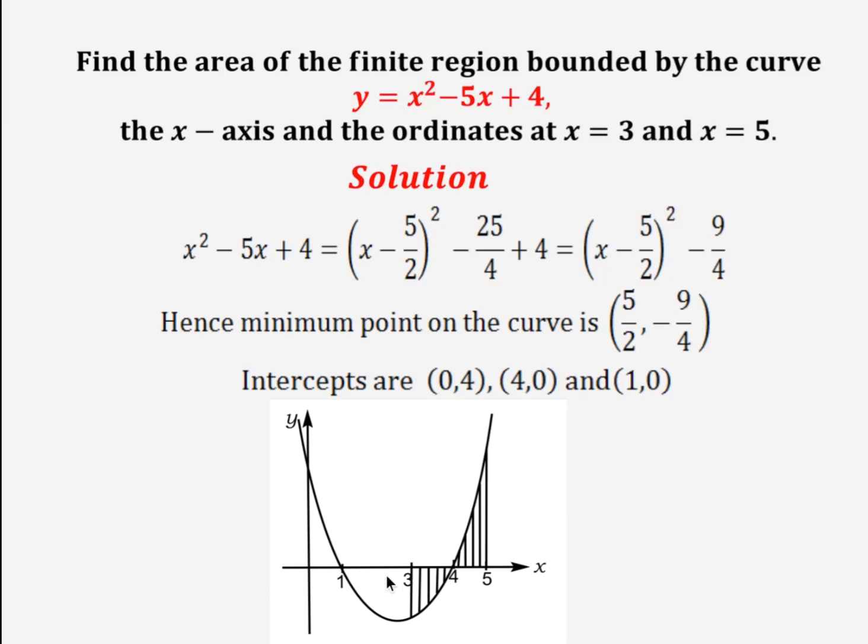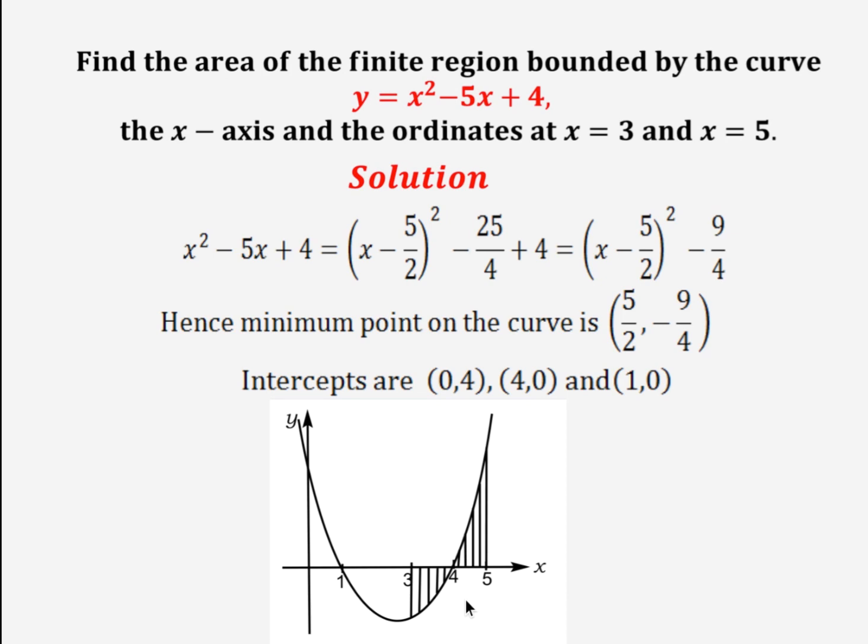which shows clearly that between the ordinates at x equals 3 and at x equals 5 there is a root of the quadratic curve, and so one region of the area we are supposed to calculate is below the x-axis while the other region is above the x-axis. So you can now see why it is important for us to sketch the curve in order to see exactly